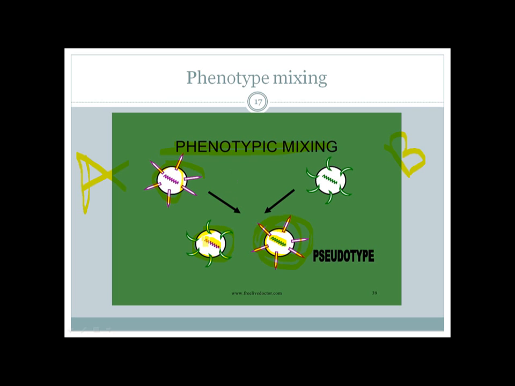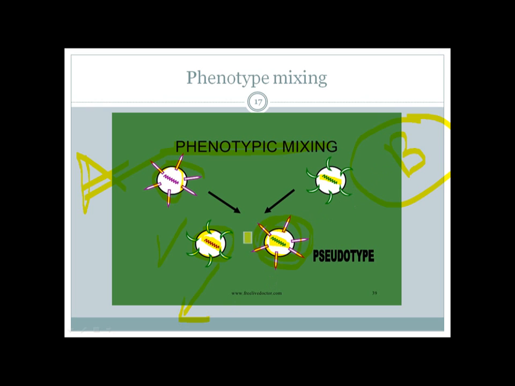So this is a pure genotype of the A virus, and this is a pure genotype of the B virus. But the surface protein, which actually determines the phenotypes, is changed. As I have already mentioned, the surface protein determines the specificity, especially the host specificity and the organ specificity. So suppose this virus has the surface protein of the B virus, it will infect the host and the organs that are commonly infected by the B virus.